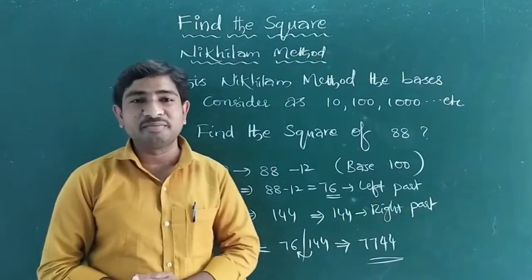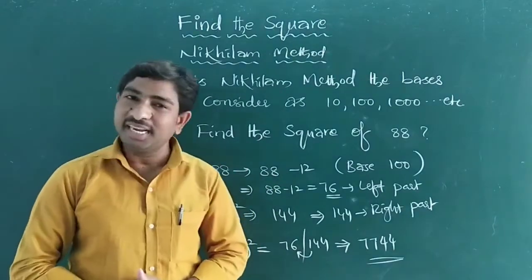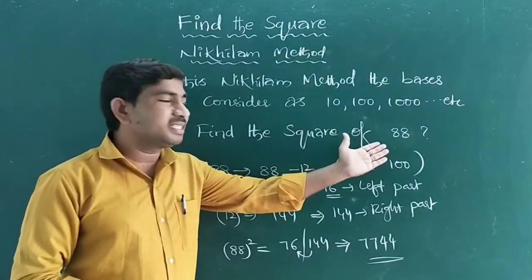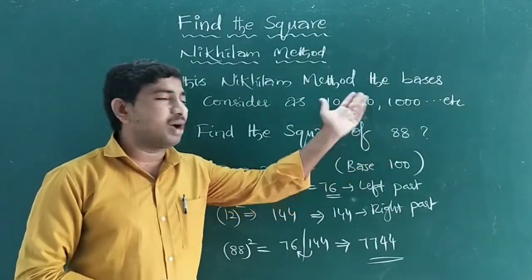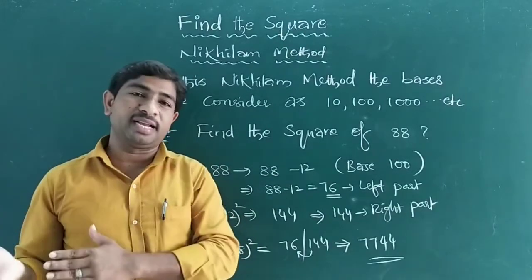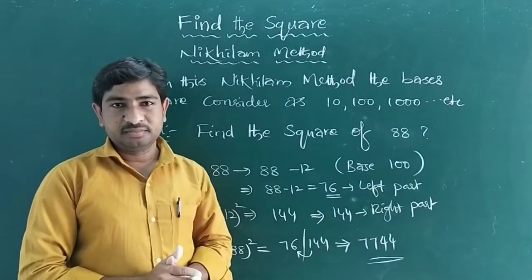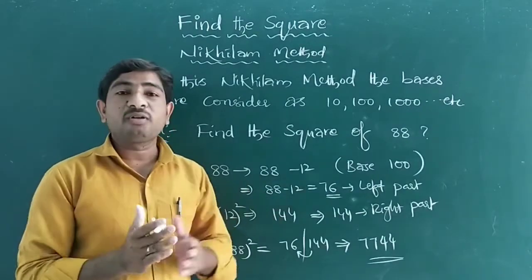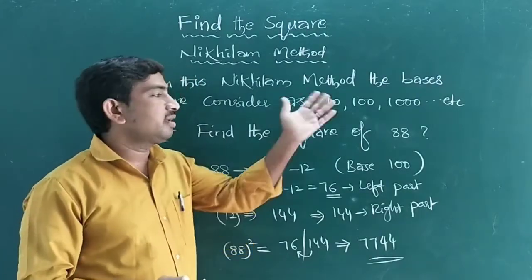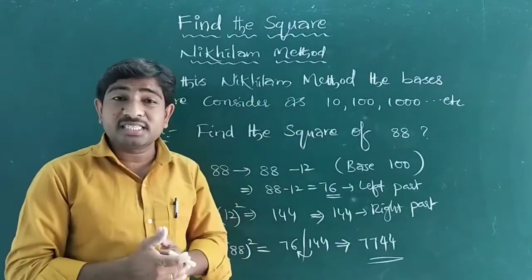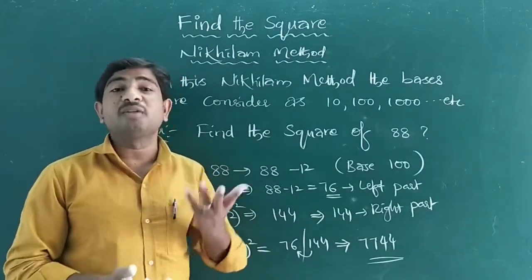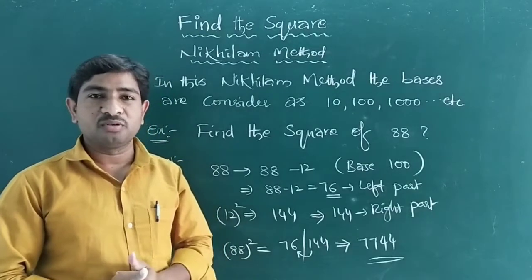This is the very easiest method to find the square of any number. So see, for some more examples: this is 88, and up to 80, those are near to 100. And below, up to 20, they are near to 10. Then what about the middle numbers? They are very far from the base 10 and also very far from the base 100. So in such situations, how can we find the square of that number? We can use one more method for that. So I will explain it to you now. Okay, let us see.